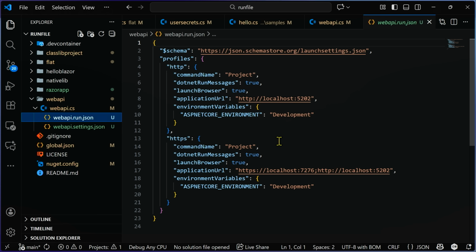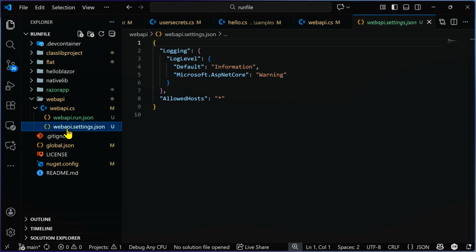So this is your launch profiles file, webapi.run.json. It can live right next to your file-based application. And then similarly, you might be used to appsettings.json, which is used to hold configuration settings that you read at runtime from your application. Well, we have a new naming format for that as well. You can do application name, webapi in this case, .settings.json, and this is equivalent to appsettings.json in the project